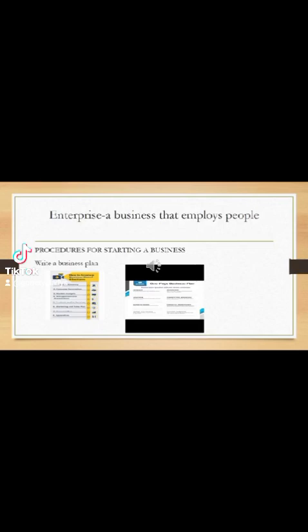Now there are certain procedures you have to follow while writing a business plan. We have around 8 parts of a business plan. A business plan contains the executive summary, that is the problem you are intending to solve for your people. Then we have the company description, which is the solution, or rather the way you'd wish your company to look. Then market analysis, this involves whatever is already happening in the market, whatever you need to improve on as you start your business. And then the management and organization is how your business will operate.